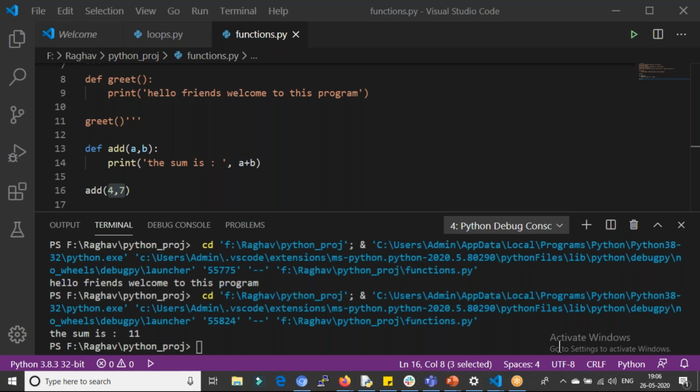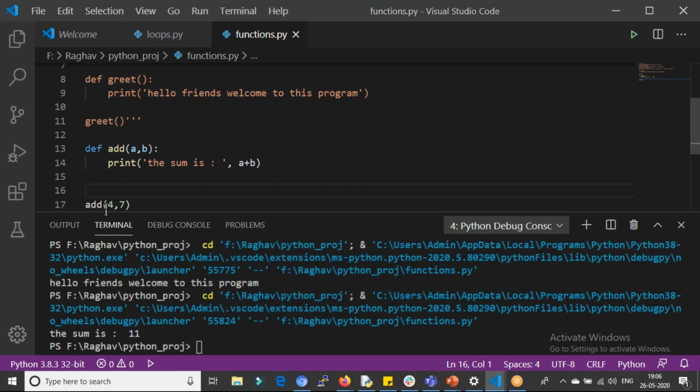Informal. Okay, it's not informal, it's called actual. These are the actual values which are being added. So these are known as the formal arguments, and these are the actual arguments. Formal means think of it as imaginary, and actual means the actual things which are being added over here.